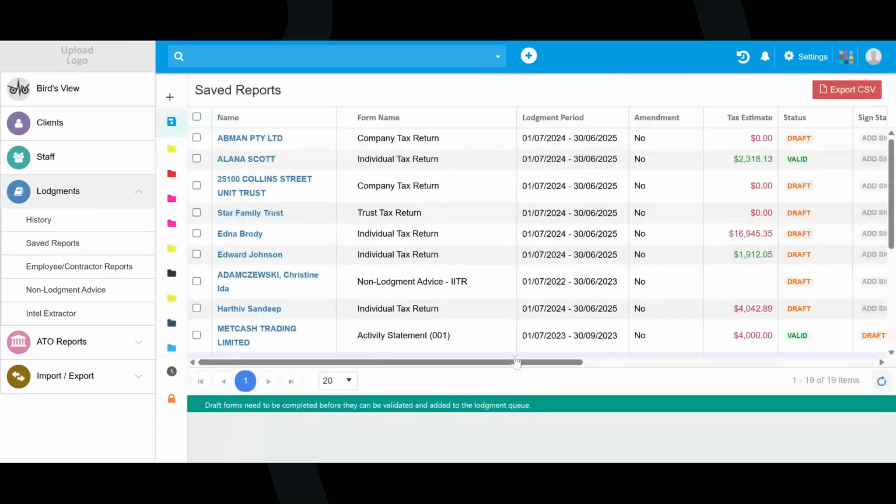From the client's profile, you can select the reports to prepare for the clients from the outstanding reports, whether that's overdue, not been prepared, or upcoming. But if you need to do revisions, whether it's an activity statement or a tax return, you can go from forms and select the reporting type, and then you can go from there after you select the